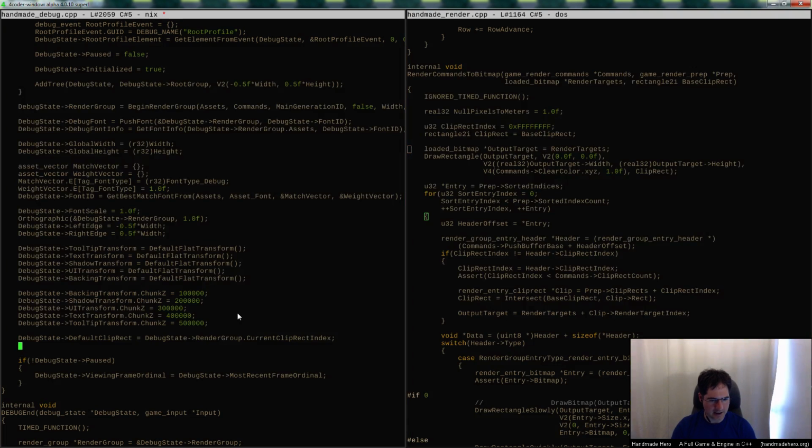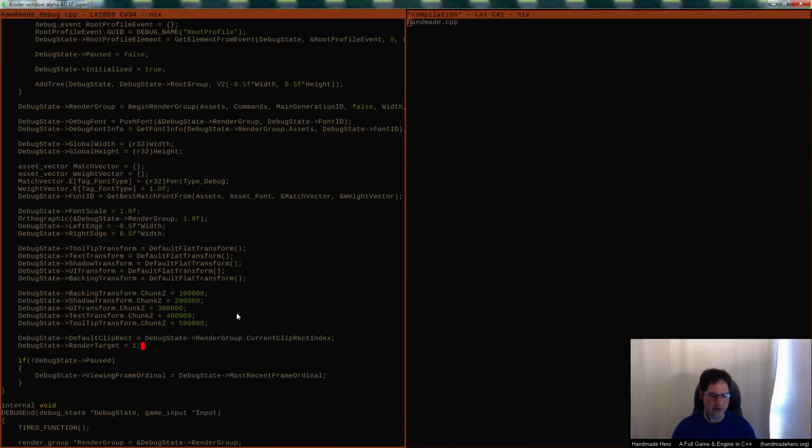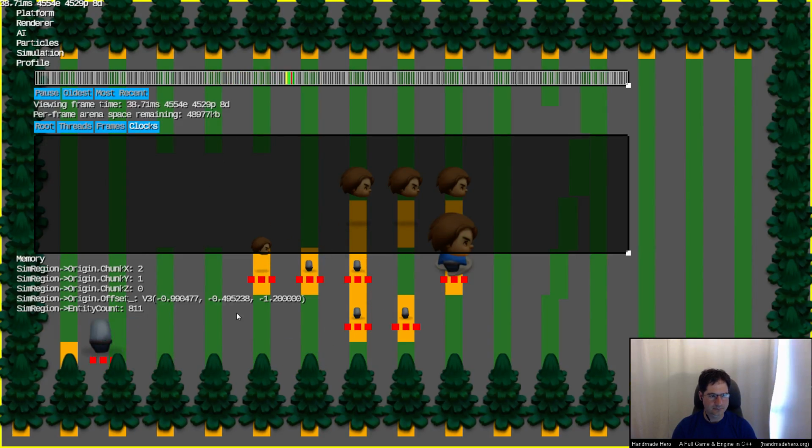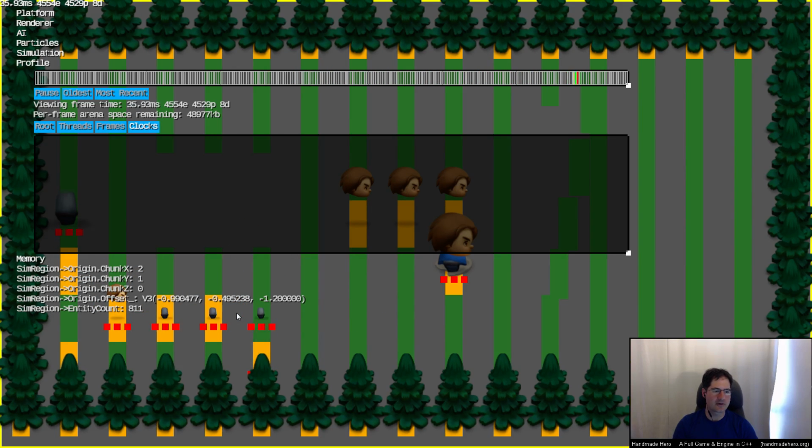Let's go ahead and set that custom cliprect because we know we have that in here, render target. I think that's what it's called. Yeah, render target. Let's set render target equal to 1. So it's using a different render target number, right? Poof. Where did it go? It's getting rendered to the other render target.